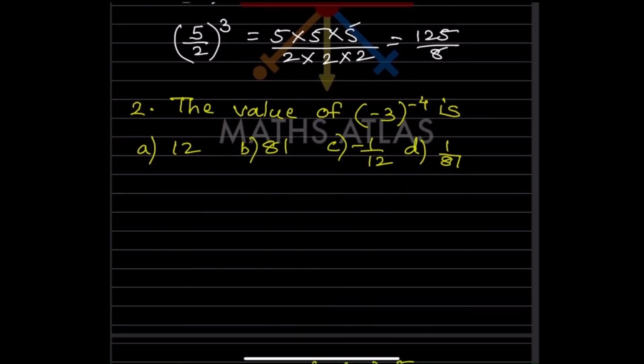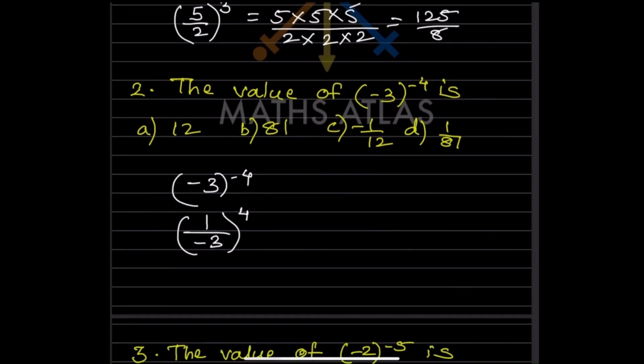So the next one is the value of minus 3 raised to minus 4. So again, let us write the question here. The exponent is negative, so now let us make it positive. Can you see here, this is negative, so whatever is in the bracket, that negative is going to stay as it is, that is not going to change. Well, it is going to be the reciprocal because the exponent is negative. So now what will you do? Again you will do the same. 1 you are going to write once, and minus 3 you are going to write 4 times. You are going to multiply it 4 times.